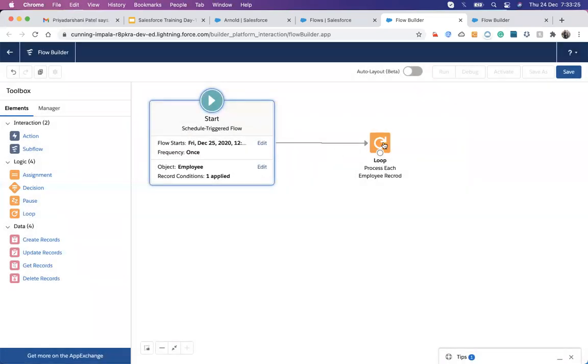Okay, actually it comes as a single record at a time, so we don't use the loop. We just use the action directly.